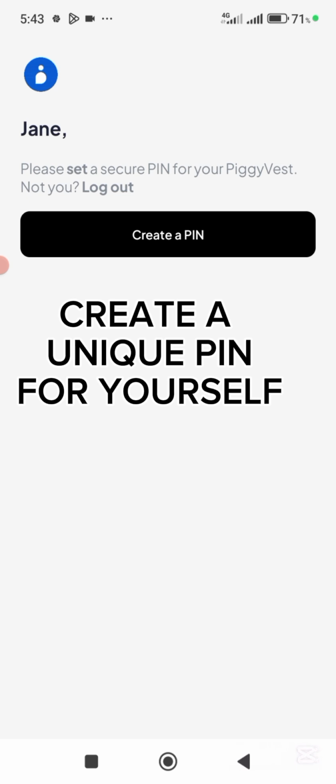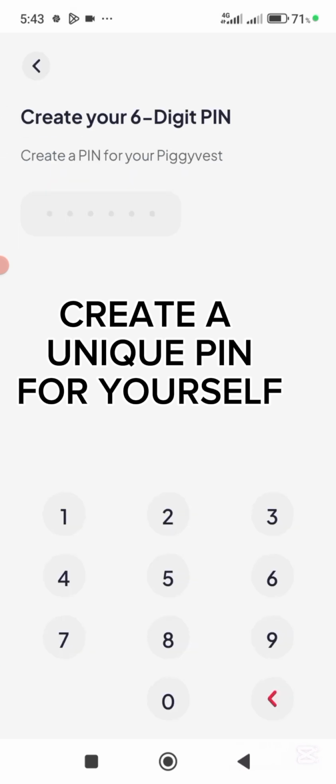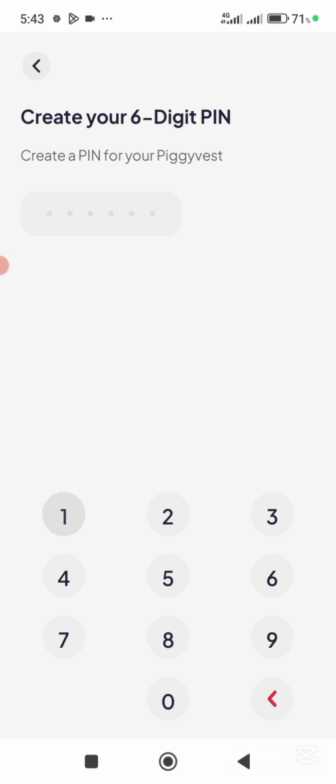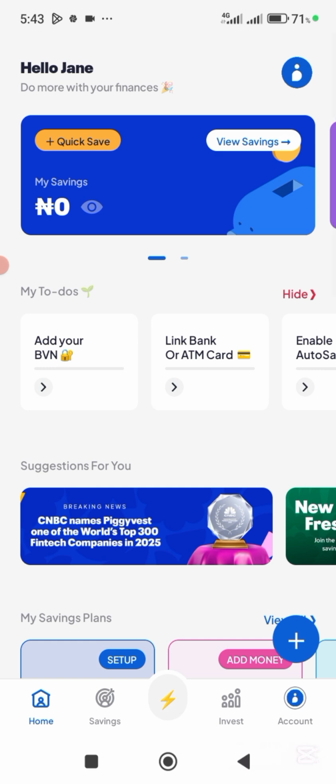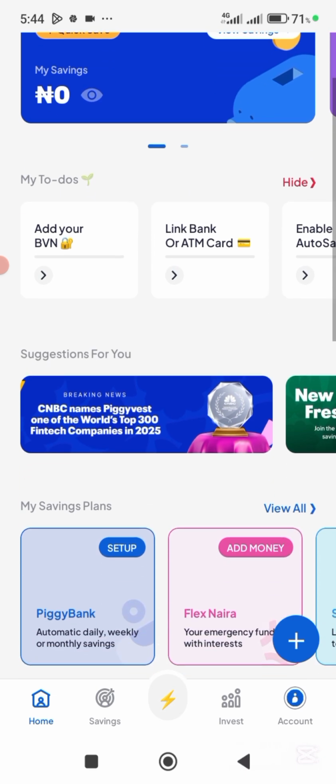Now they have welcomed us. They say we should enter a pin. This is a random pin. Retype the pin again. Make sure you can remember this pin, else you go write it down. Now our account has been created. Congratulations. And now we are under our